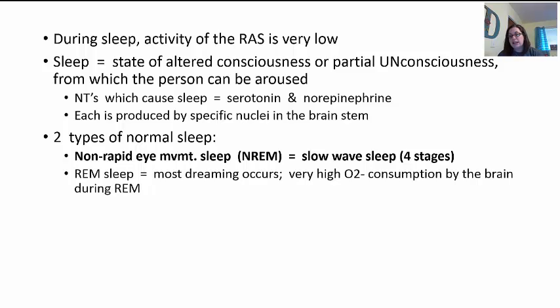So now when we look at this time-wise, transitional, light, and moderate sleep are all going to be around about an hour, and then you go into that deep sleep. Once you're in deep sleep, this can allow you to enter into your second type of sleep, which is REM sleep. This is your rapid eye movement sleep. It gets the name because technically underneath your eyelids, your eyes are moving rapidly during this time. This is where most of your dreaming will occur.